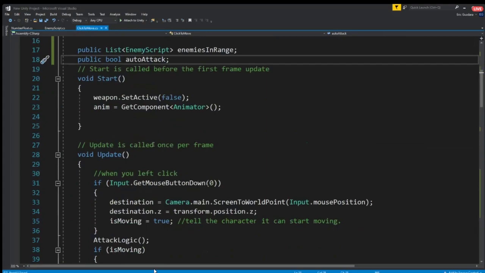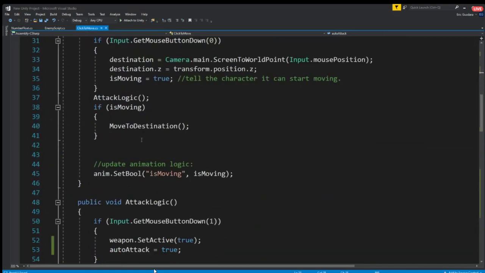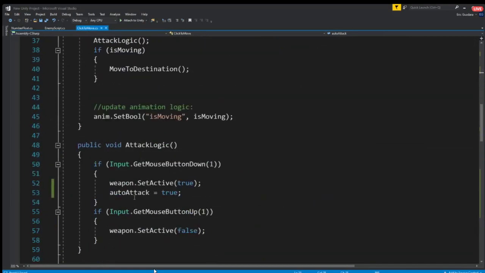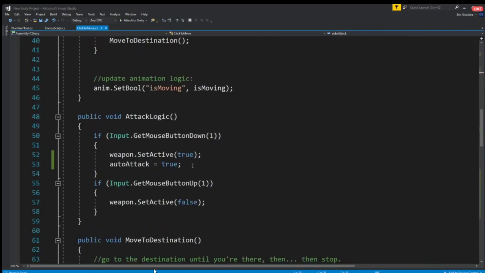And I'm not fixing all the edge cases here. I'm just getting a basic functionality. There are going to be a lot of edge cases where auto attack is always on, and you're like, what the hell? What am I doing? Why? And so what's going to happen is I right click and auto attack is going to be true. And what auto attack is going to do is it's going to say,